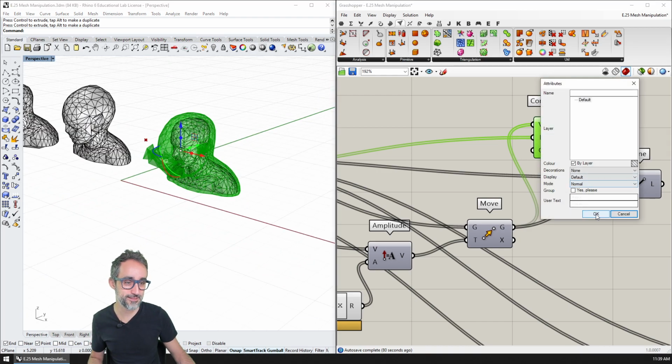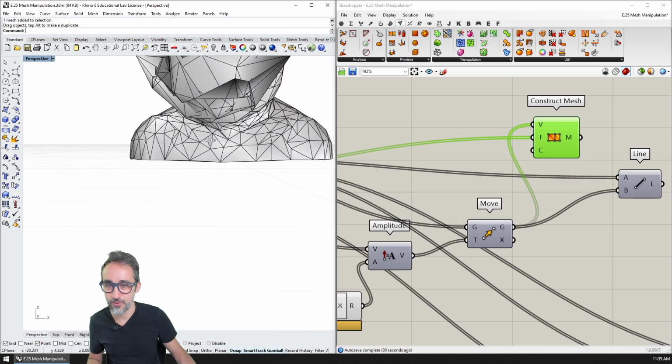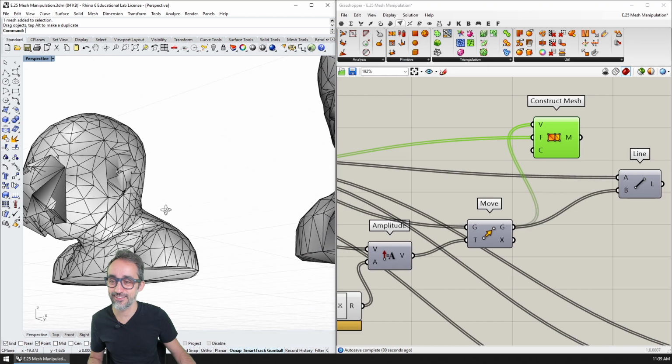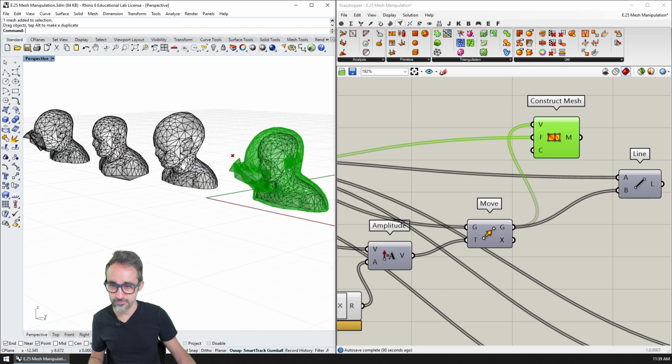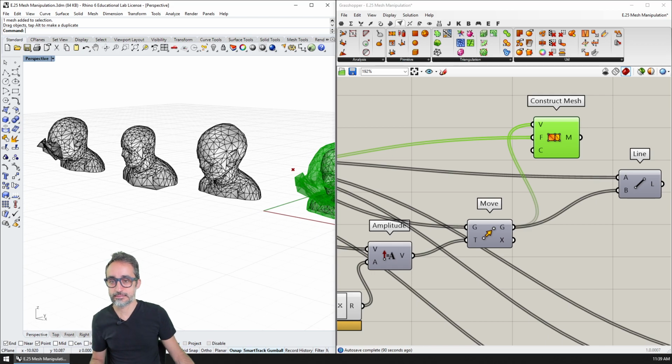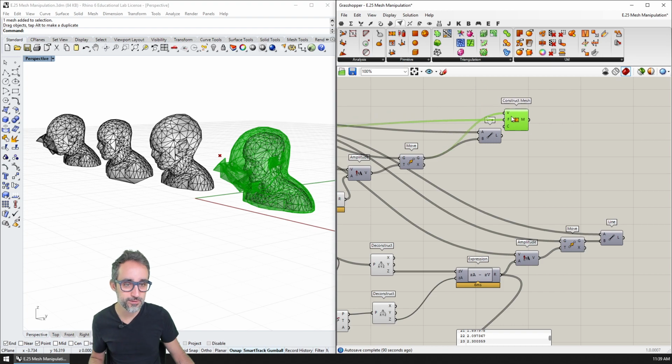Let's bake that one and see what. Whoa! Well, someone got a beating. Okay, that is not very cool. All right. So not cool. So how about we reconstruct